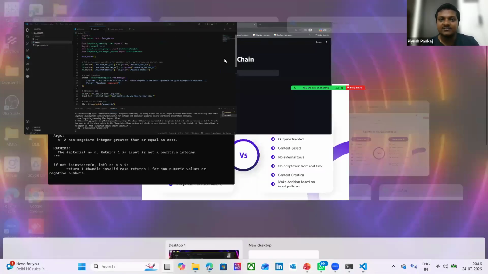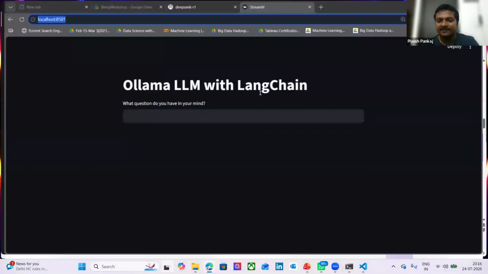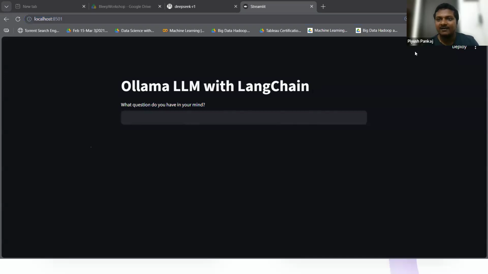And this application is going to work offline without internet. You can have a coding assistant with you. But I'll tell you the steps over here; I have directly run this application. I'll tell you the steps, what you need to do first of all. Okay, the application is working over here. Let me ask one question.